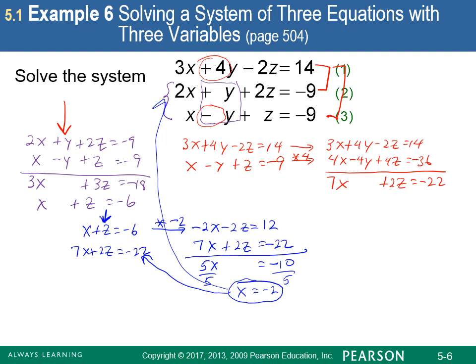I kind of like the top one, x plus z equals negative 6. So here's the x that we just found plus z equals negative 6. So I'm just taking this equation, and that'll tell me what the z is. If I add 2,